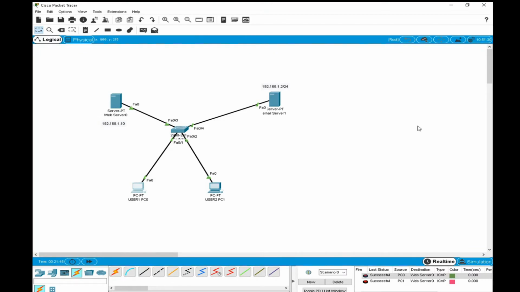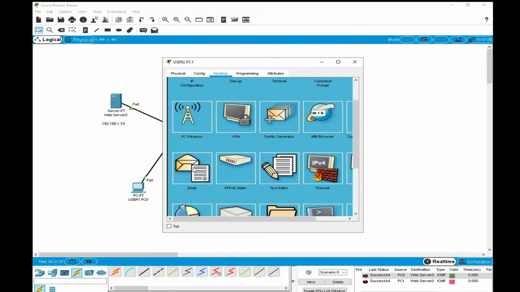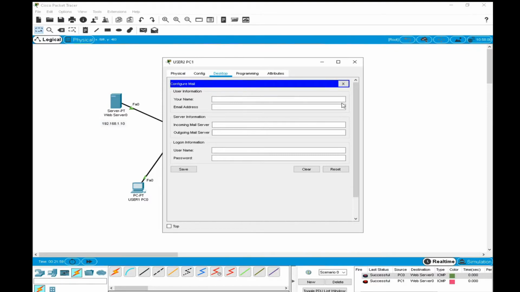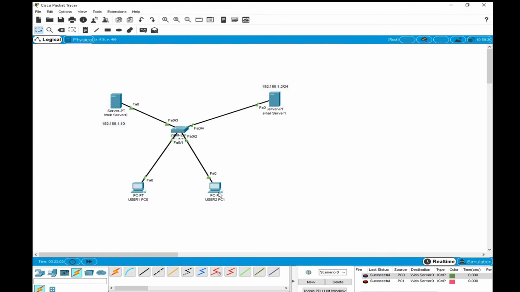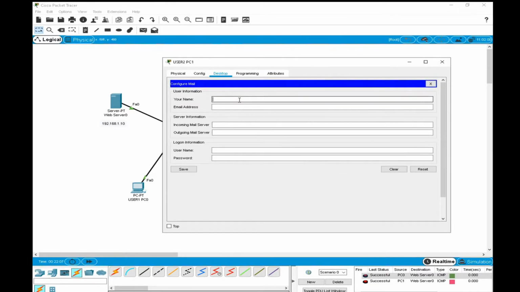So we need to configure this PC0, and we need to configure the email client on PC2 in a similar way as we did here. Okay, so go to this one. Here you have an email, and username, we have user2, user2 @utas.com, suppose.